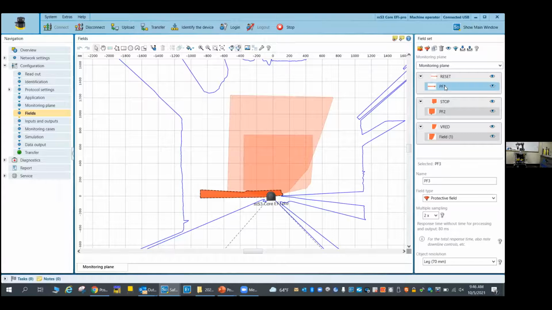We're allowed to have this extra field. That's this field on the side here. It's called PF3, it's just what we called it, protective field 3. That would be your no-go zone. If somebody goes around there and gets behind the robot, they could get hurt. We didn't program that in on purpose because Sydney is going to show us what can happen if you don't have this in. So robots are very well mannered. Maintenance guy, and he's got to work on the robot,